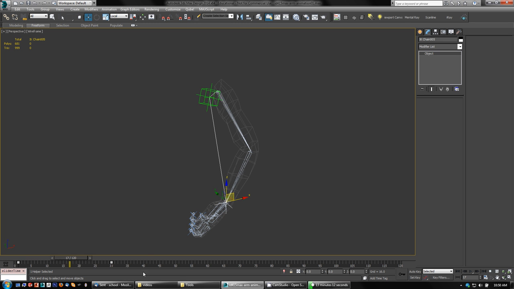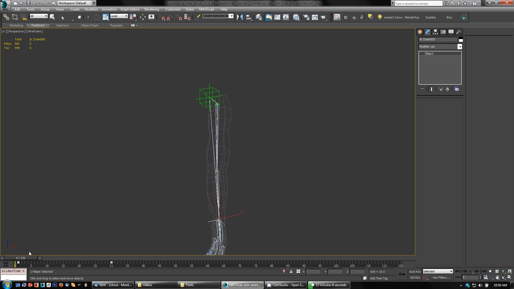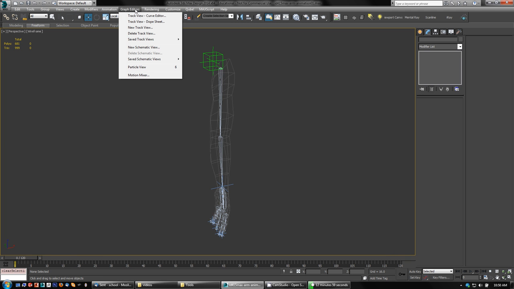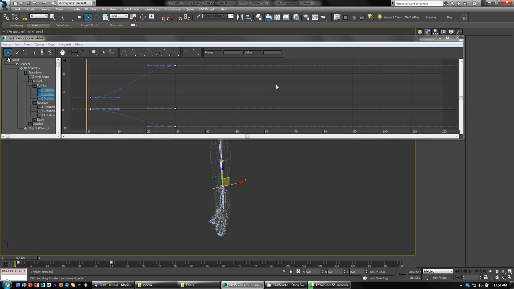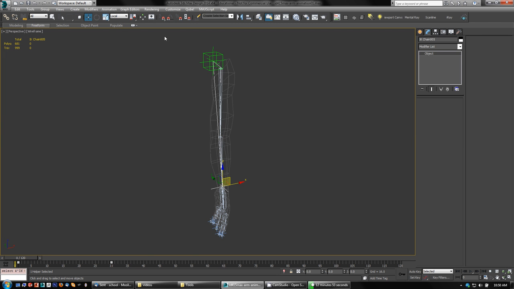Now I could go in and select all the pieces and then select the keys and delete those, but if I wanted to do it in another way, I could bring up a curve editor or a graph editor. Normally you might look at the curve editor, something with all these, and I can delete from there. You can see things a little bit better if I go to the graph editor and the dope sheet,